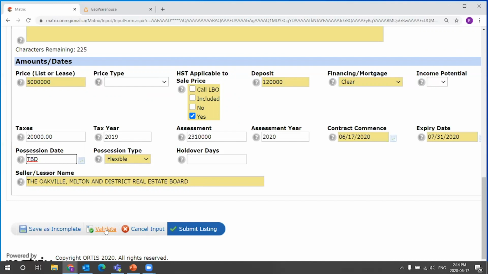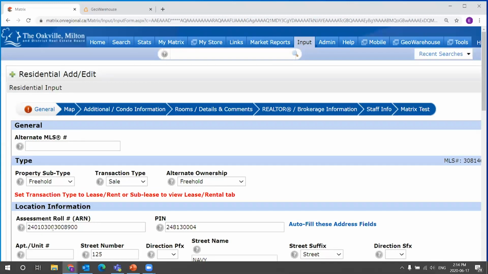Well, when I hit validate on this, actually, wait, I'm not even going to hit validate. I'm just going to hit save as incomplete with to be determined in here. If you remember, last time that we clicked save as incomplete, it provided us with a confirmation that it's saved. That has not happened. Instead, we have way more exclamation points going on,